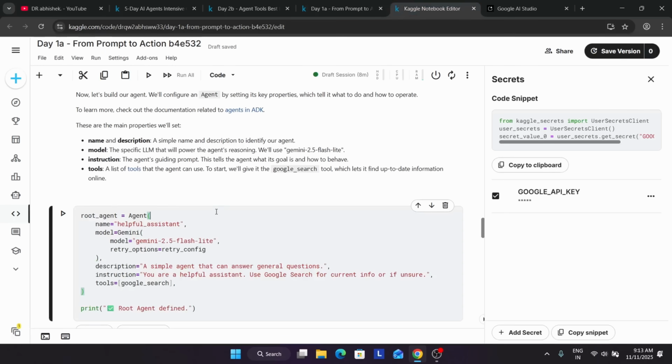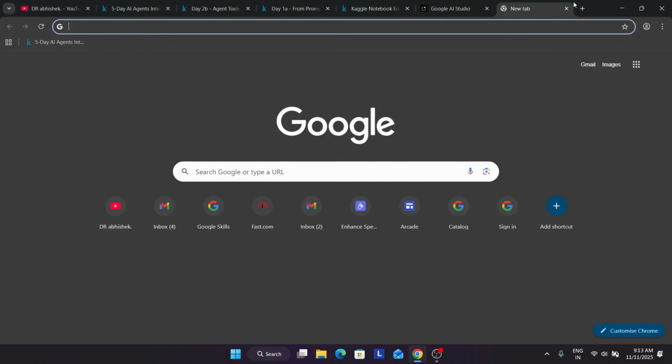Here you can see the root agent is an agent, and we are naming it helpful assistant. And the model we are using, depending on the models available at that time, is Gemini 2.5 Flash Lite. If you want to see which models are available on Gemini,